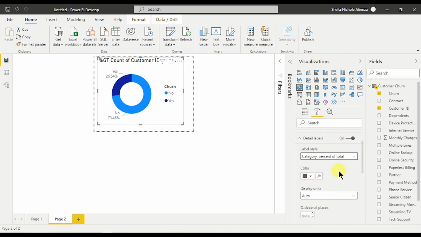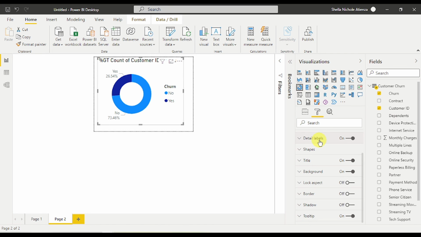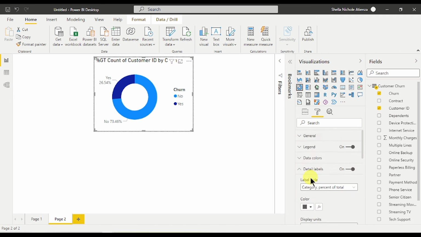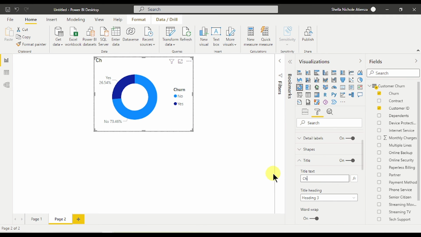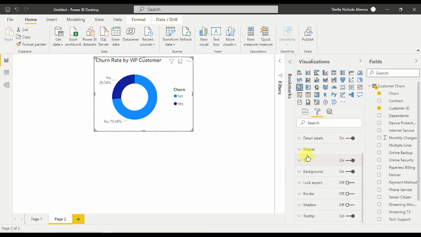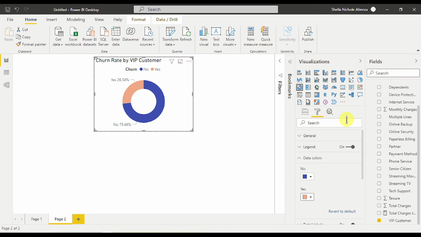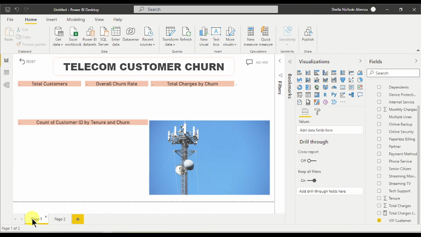Then I'll just modify the label style, its placement, and its colors. I also would like to change the title, after which we'll go back to page 1 and click our total